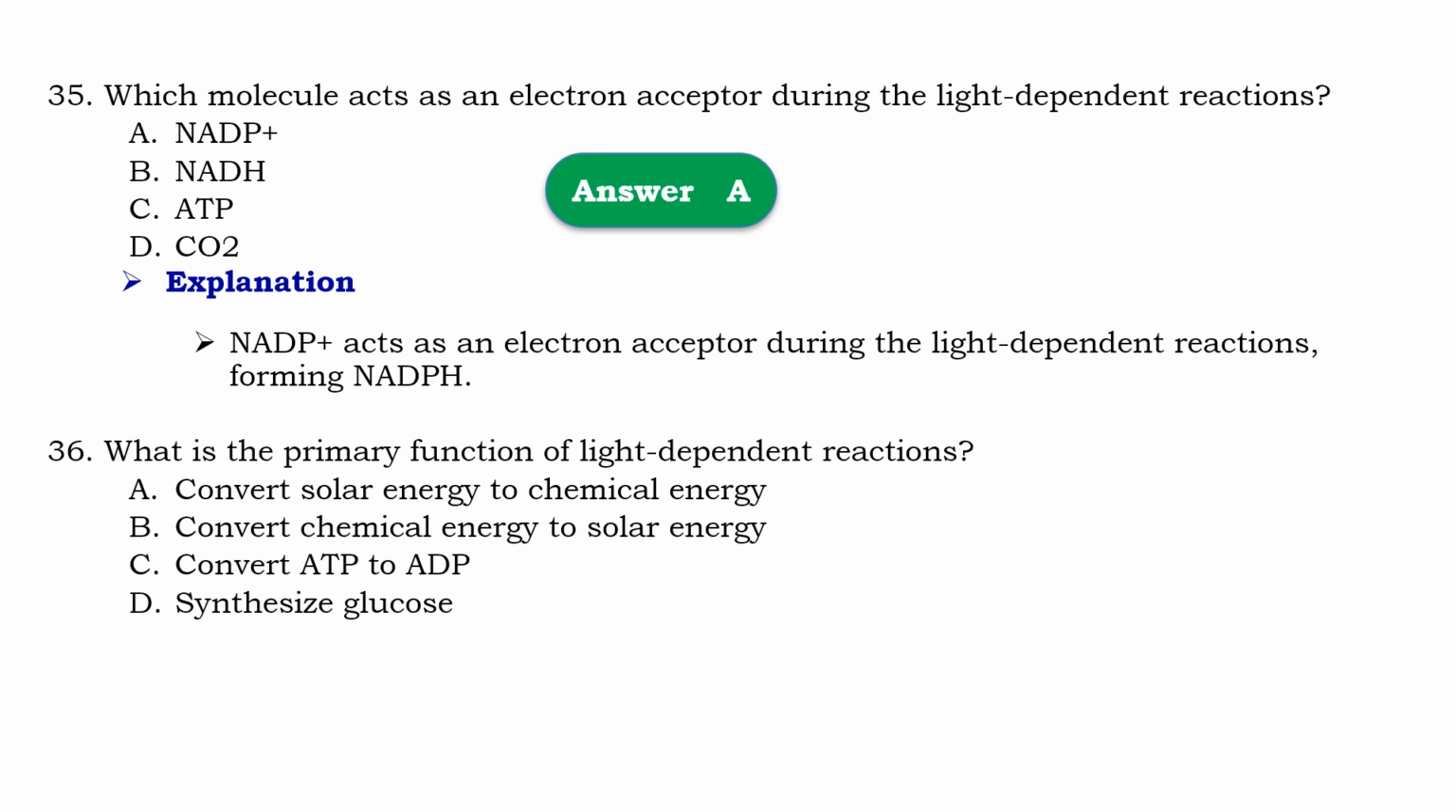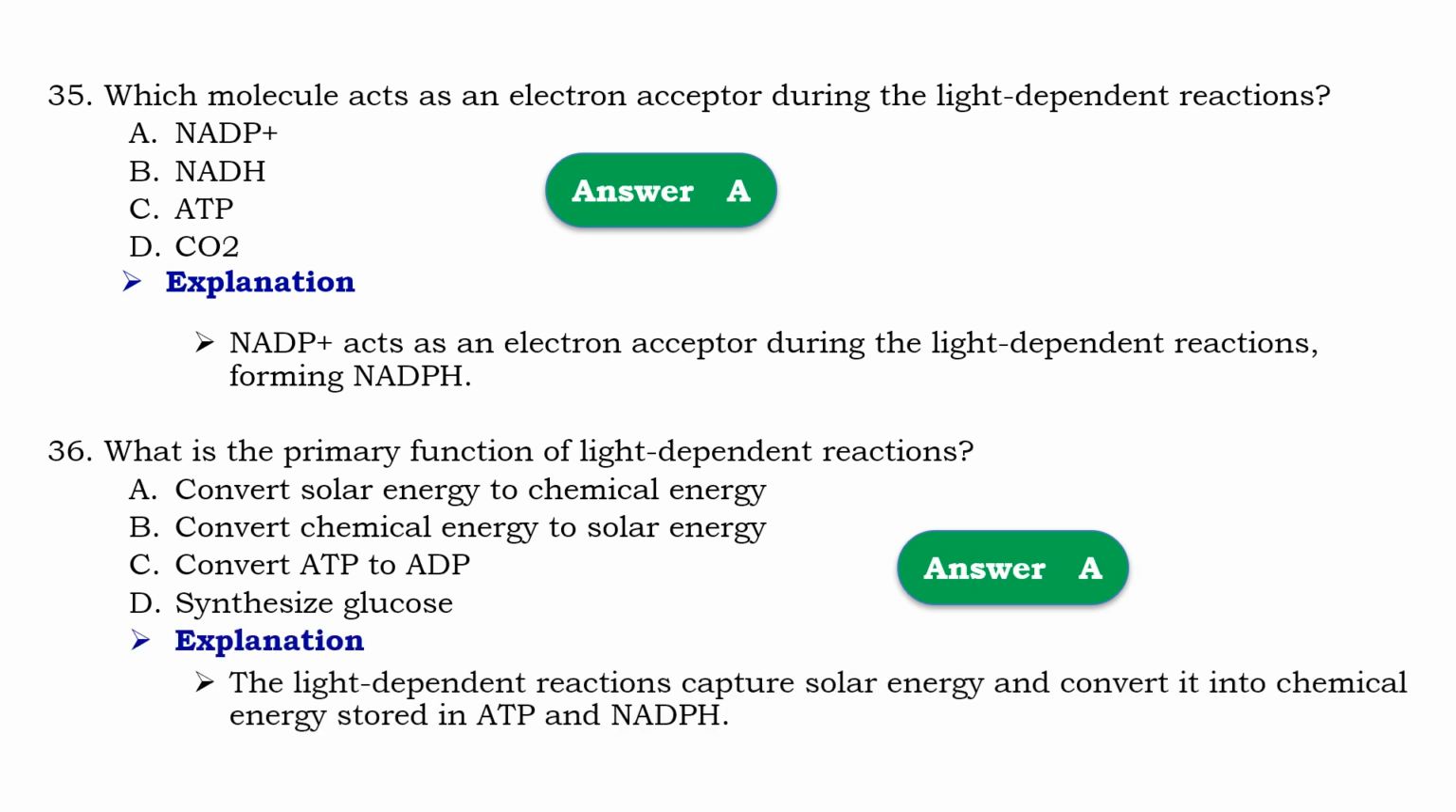Question number 36. What is the primary function of light dependent reaction? የላይት ዲፔንደንት ሪአክሽን ዋነኛው ስራው የመጀመሪያው ስራ ምንድነው ይላል? So that should be A, to convert solar energy into chemical energy. Means that light dependent reaction capture solar energy and convert it into chemical energy stored in ATP and